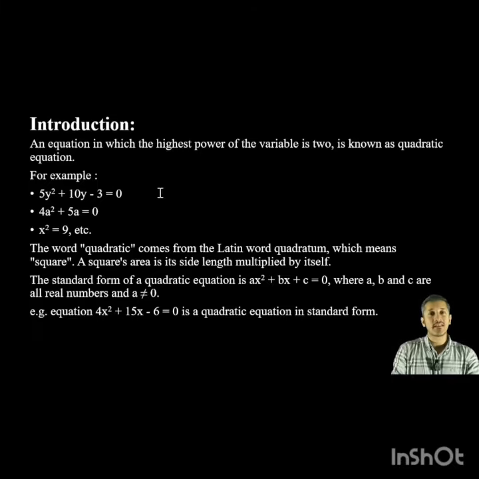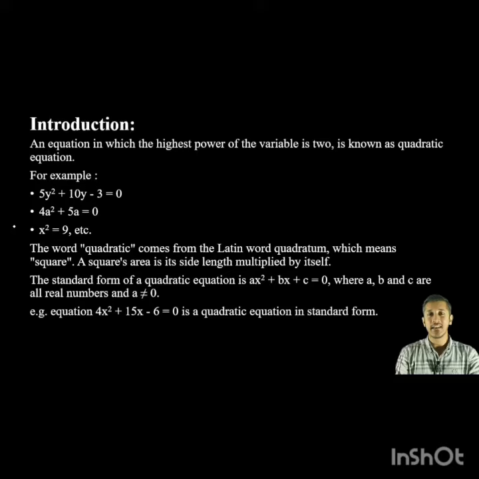Now, why was this given the name quadratic? The word quadratic comes from the Latin word quadratum, which means square. We all know that the area of a square is its side multiplied by its side, right? So let's imagine a square having side length equal to x. What would be its area? Its area would become x squared, and therefore we have come up with the word quadratic equations for an expression